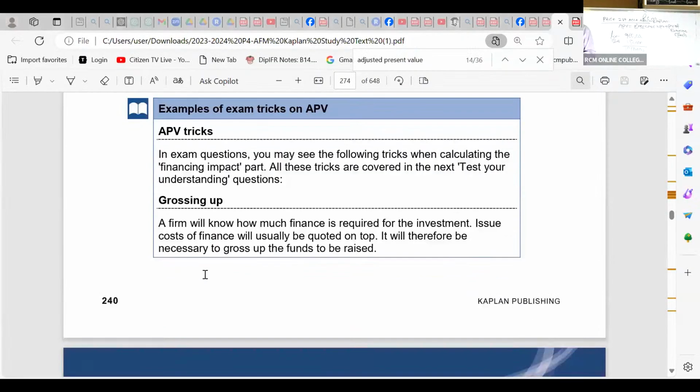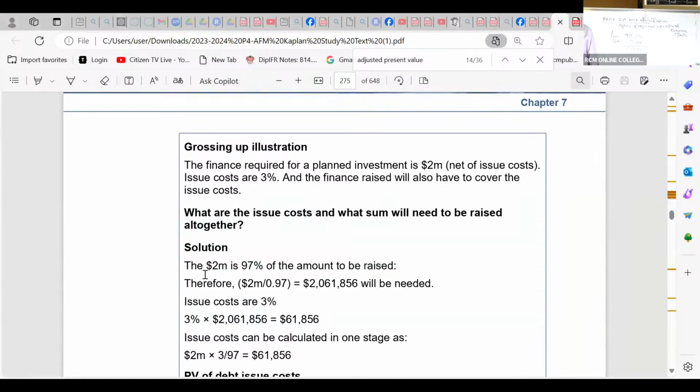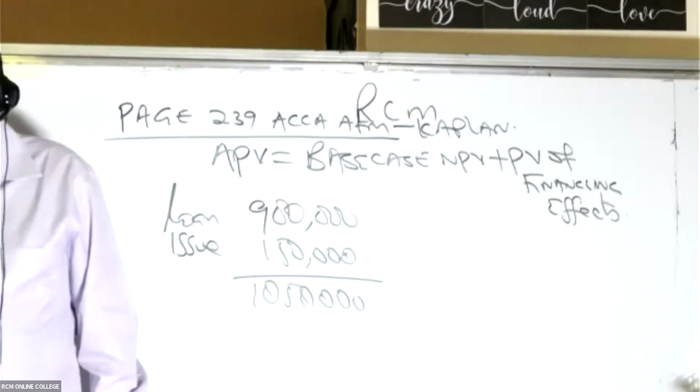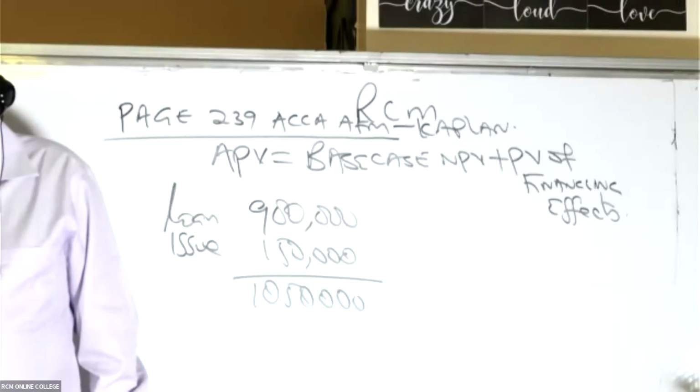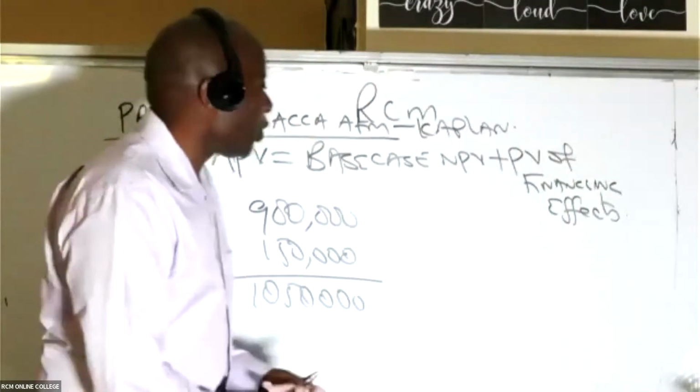Now, ladies and gentlemen, please listen here. So we are told here, grossing up illustration. The finance required for a planned investment is 2 million net of issue costs. Issue costs are 3%, and the finance raised will also have to cover the issue costs. Then what are the issue costs and what sum will be needed to be raised? Now, we want to raise 2 million Kenya shillings. So to raise these 2 million Kenya shillings,